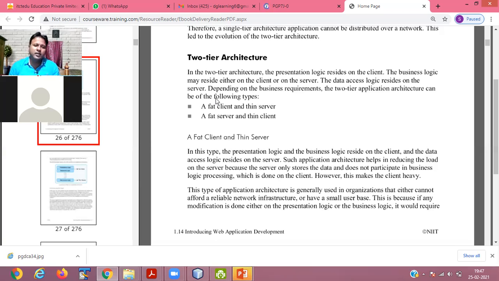As you know, for developing any application, अगर आप कोई भी एप्लीकेशन बनाते हो आपको क्या चाहिए ना, क्लाइंट चाहिए, उसके बाद बिजनेस लॉजिक चाहिए, उसके बाद सर्वर चाहिए. अगर आपका बिजनेस लॉजिक क्लाइंट में रहता है then it is called the fat client. अगर आपका बिजनेस लॉजिक सर्वर में रहता है then it is called the fat server. जिस लोकेशन पर आपका बिजनेस लॉजिक रहेगा, अगर क्लाइंट में रहता है तो उसका प्रोसेसिंग थोड़ा